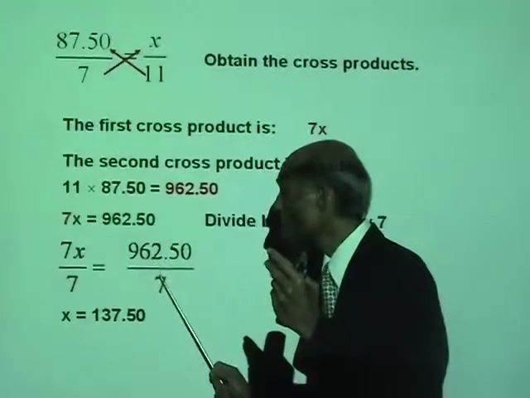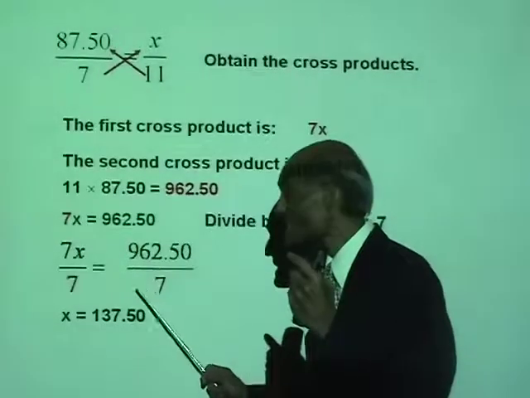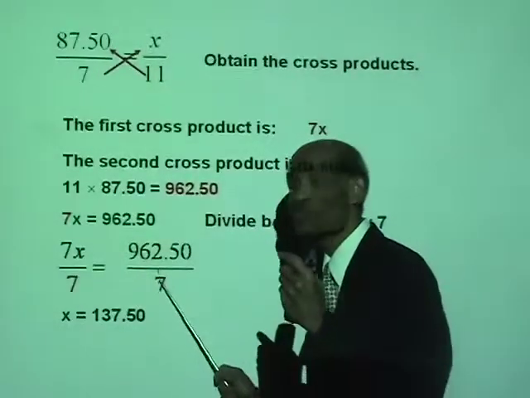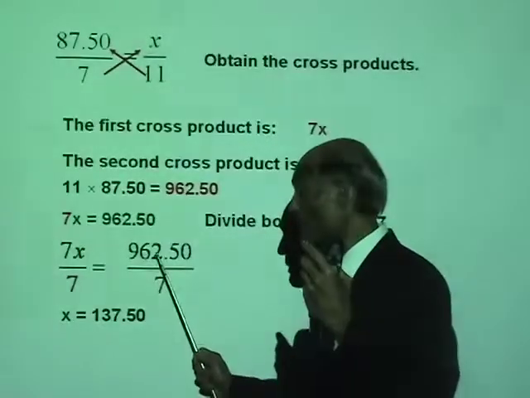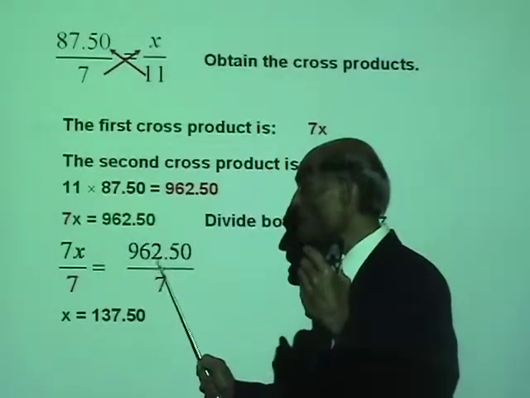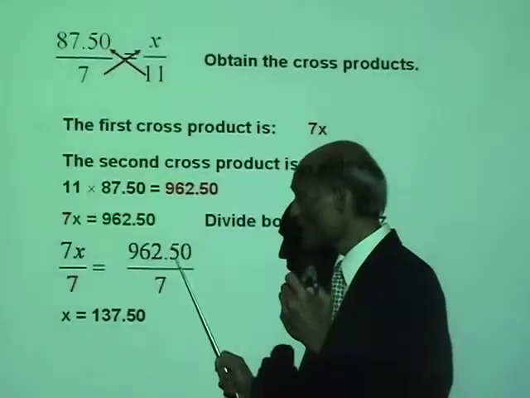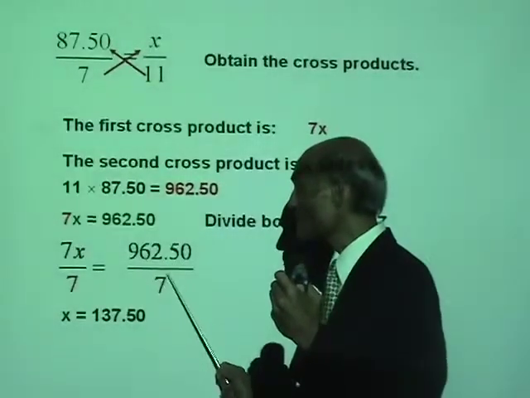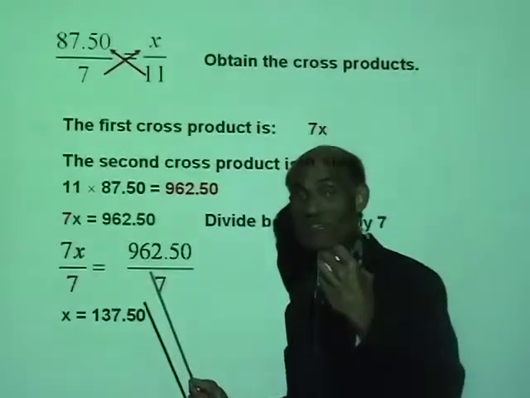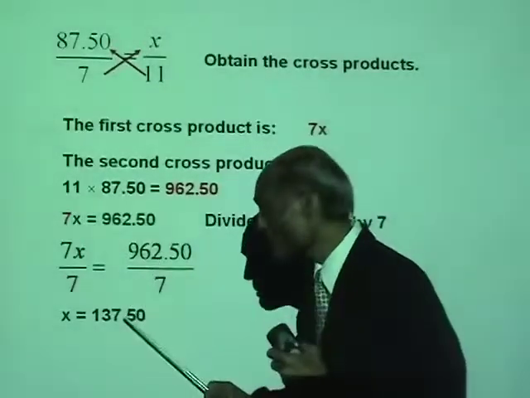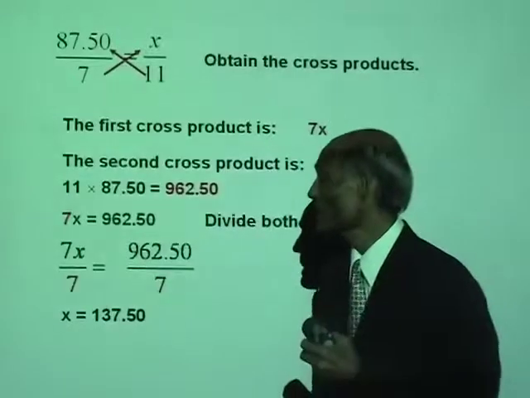52. How many 7s in 52? 7 times 7 is 49. Now 52 minus 49 is 3. And now a decimal. 3 and 5 is 35. 7 goes 5 times in 35. So the answer is